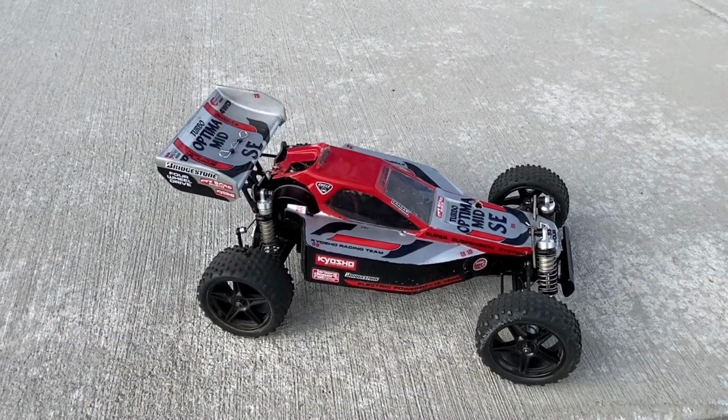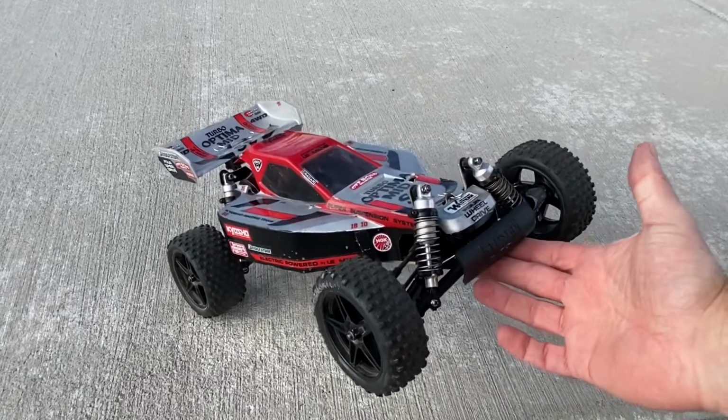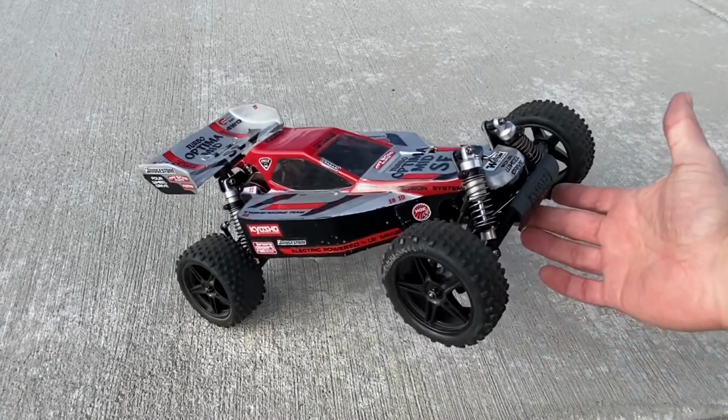Fun day we got out here. This is the pinnacle of my RC as a kid in 1989. This is a Kyosho Turbo Optima Mid SE. Fully authentic, not a single screw on this thing